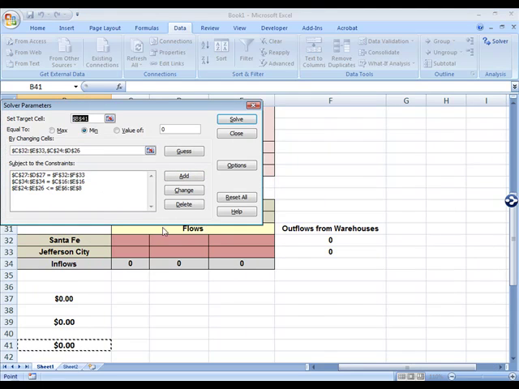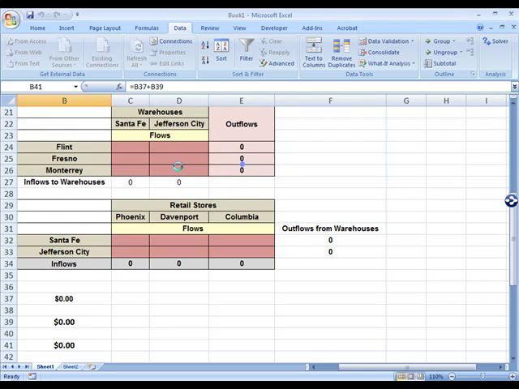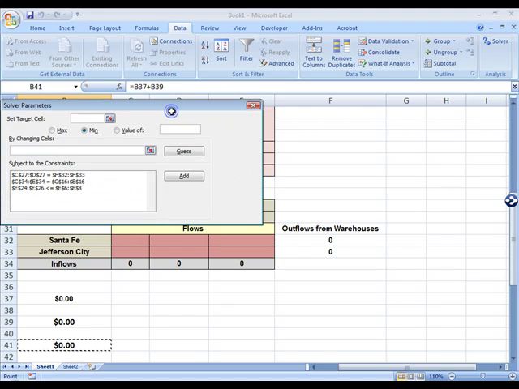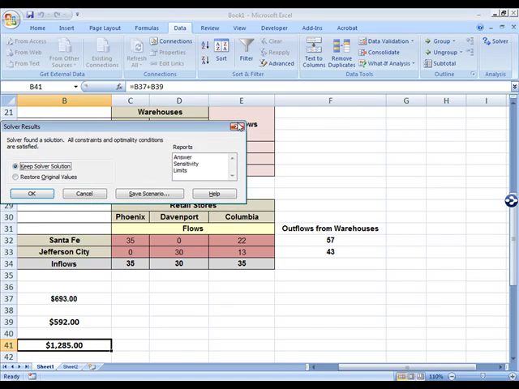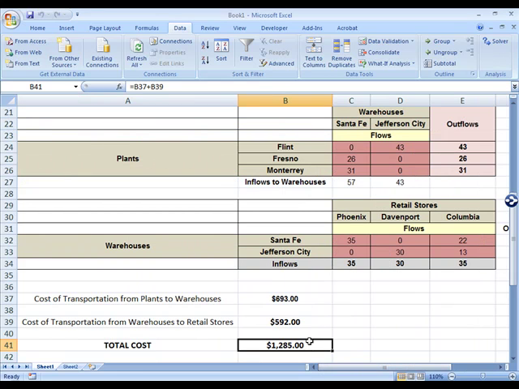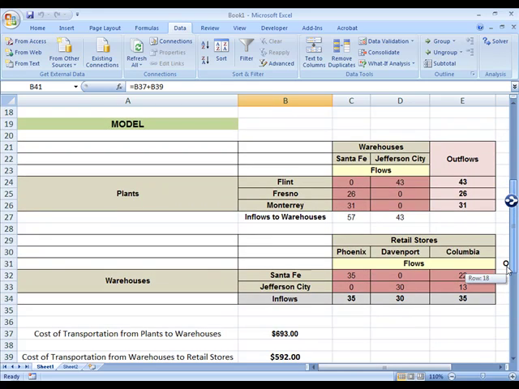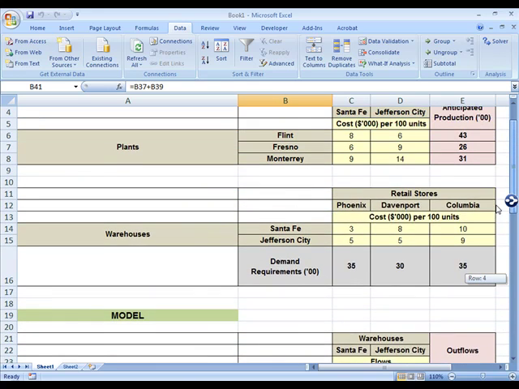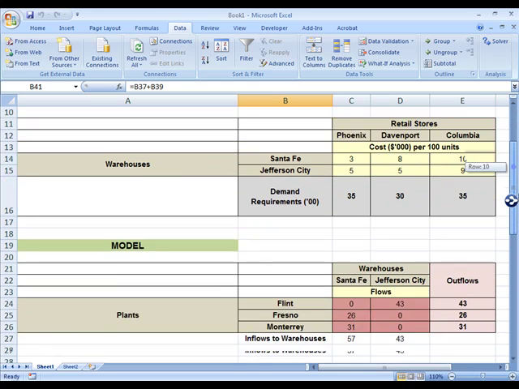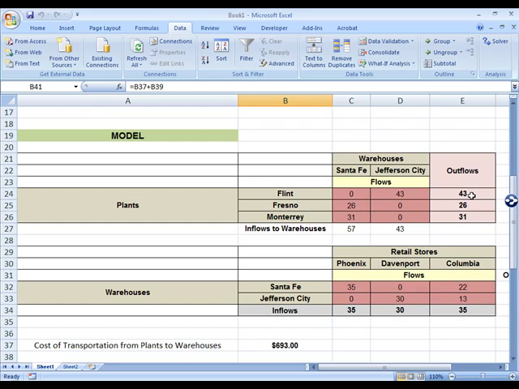So we have three sets of constraints now. Go under options and again make sure that assume linear and assume non-negative are checked, and you can now solve the problem. So what we have in our solution then is that it's going to cost us $12.85. We will be able to satisfy the demand at the retail stores. It was 35, 30, and 35. And we've exhausted all of our supply from the various plants. 43, 26, and 31 are the capacities that were given to us,